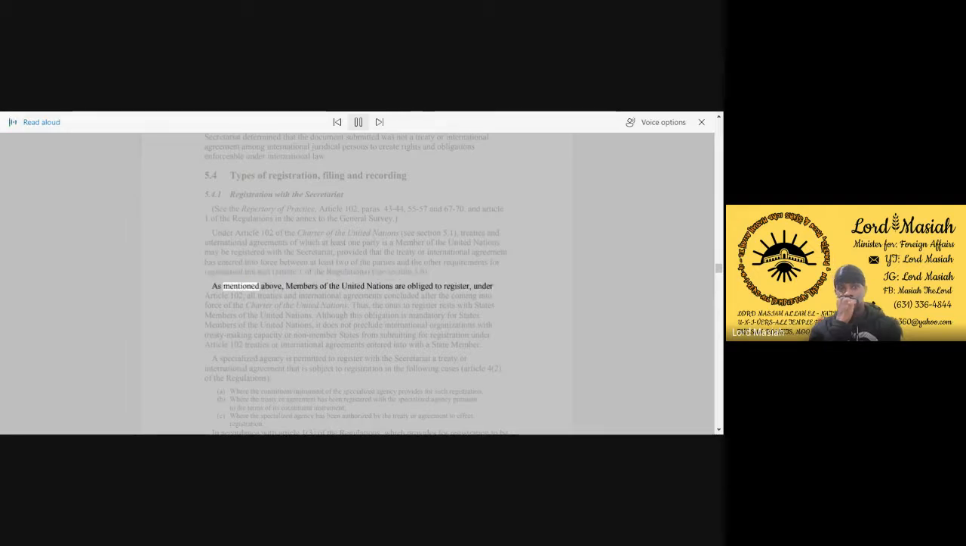As mentioned above, members of the United Nations are obliged to register, under Article 102, all treaties and international agreements concluded after the coming into force of the Charter of the United Nations. Thus, the onus to register rests with states members of the United Nations. Although this obligation is mandatory for states members of the United Nations, it does not preclude international organizations with treaty-making capacity, or non-